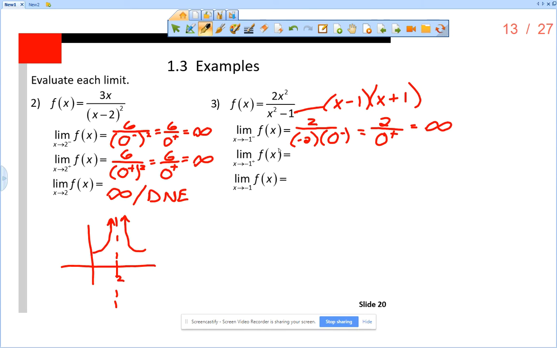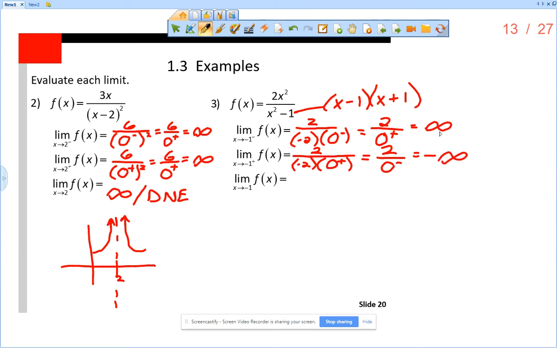Next, the limit as x approaches negative 1 from the right. Once again, we're still approaching a numerator of 2. And negative 1 minus 1 is still approaching negative 2, times negative 1 from the right. What's the number to the right of negative 1? Like negative 0.9. Negative 0.9 plus 1 is now a positive number. So 2 divided by negative 2 times 0 from the positive, that's a negative times a positive, which means we're approaching 0 from the negatives, so a positive number divided by a negative number approaching 0, we're approaching negative